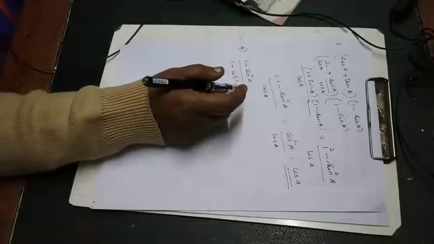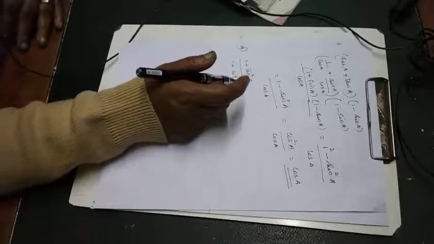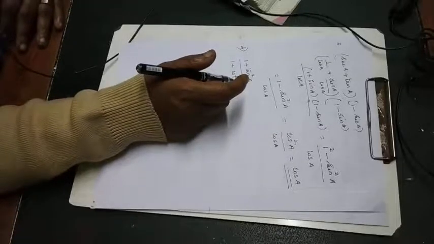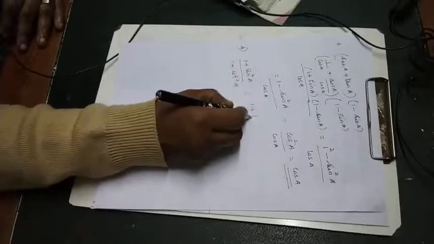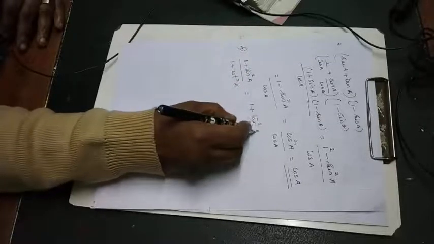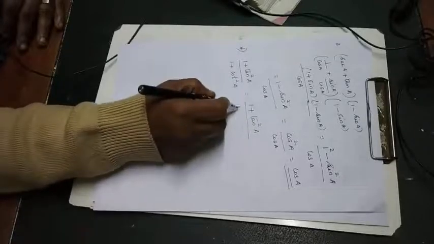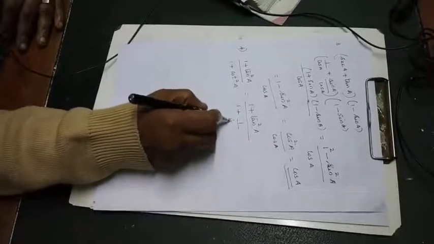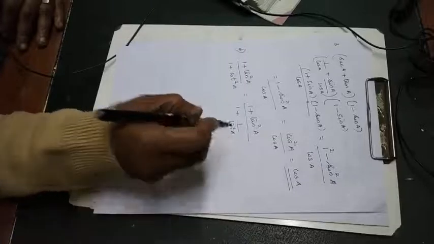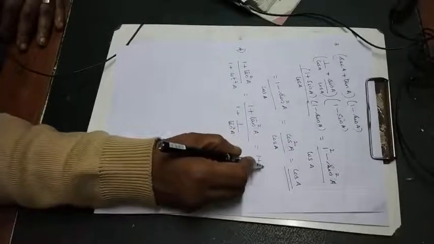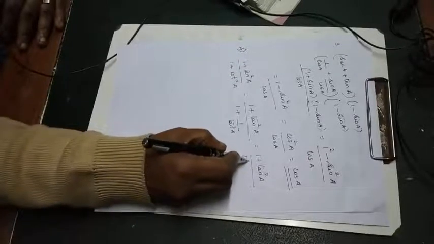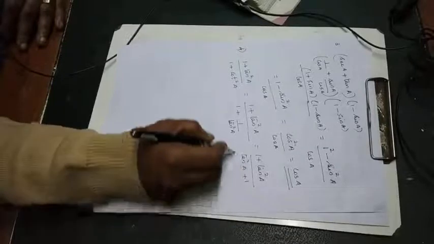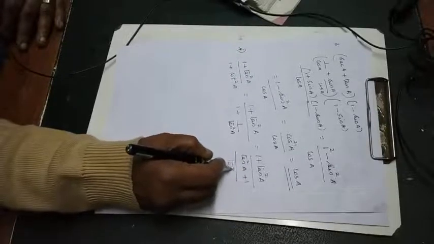So here you can change that one. 1 plus tan square A. I'm changing this cot square into 1 by tan square A. So it will be 1 plus tan square A by, take LCM, tan square A plus 1 by tan square A,